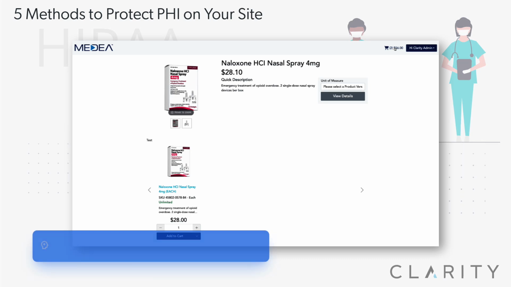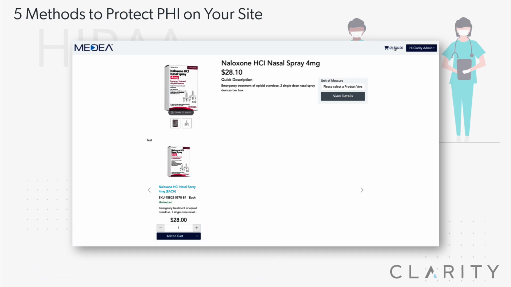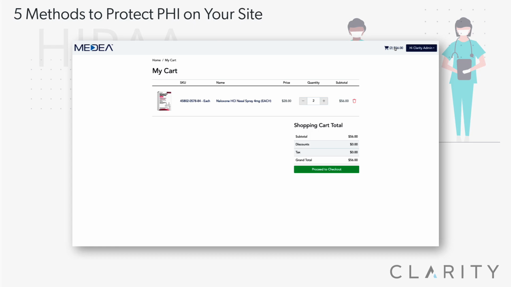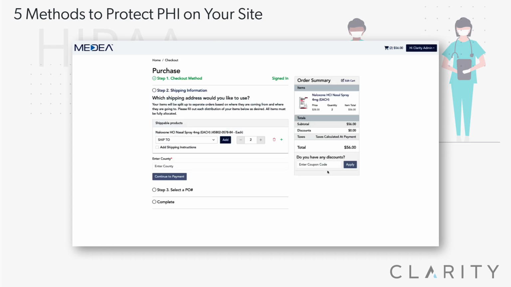So the first one we're going to talk about is to deploy strict role-based permissions for your staff. In looking at the HHS.gov site and reading through the historical breaches over the last 5 years, for 5 years running, the number one cause of penalties assessed was for giving unauthorized staff access to data they should not